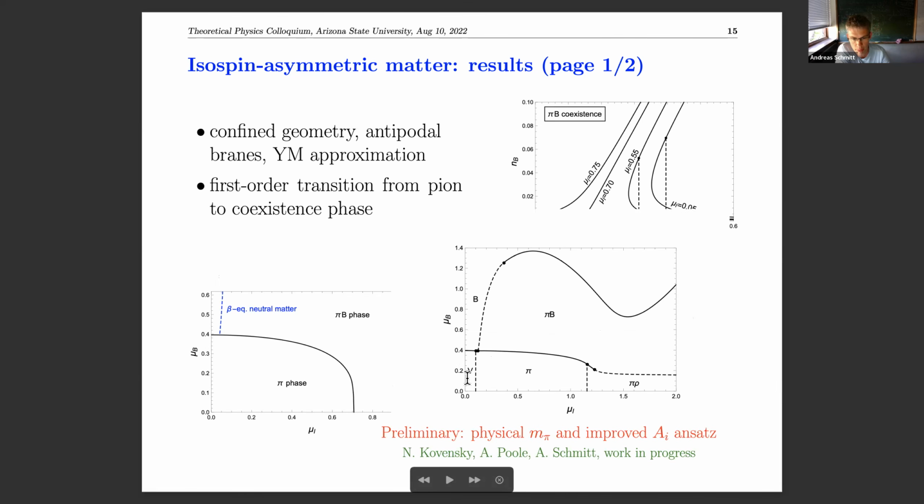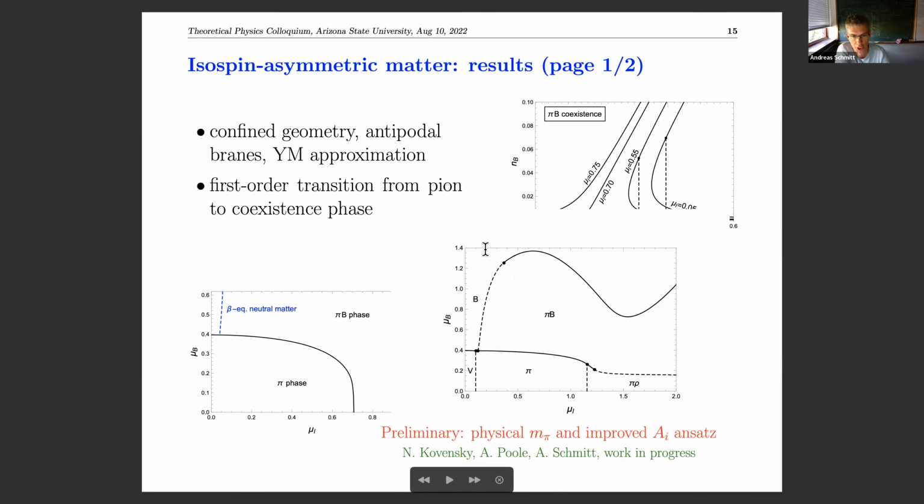But now, if there's a physical pion mass, obviously, let's stay down here. We go from the vacuum to the pion condensed phase if we cross the pion mass. And one of the predictions we have is that in the baryonic matter, we go from pure baryonic matter to the coexistence phase across this second order onset. So this can be interpreted as an effective pion mass in the baryonic medium. So that's a prediction of the model that the pions get heavier in baryonic medium. I think that's what other models predict as well, because people tend to think that there's no pion condensation in neutron stars, right?